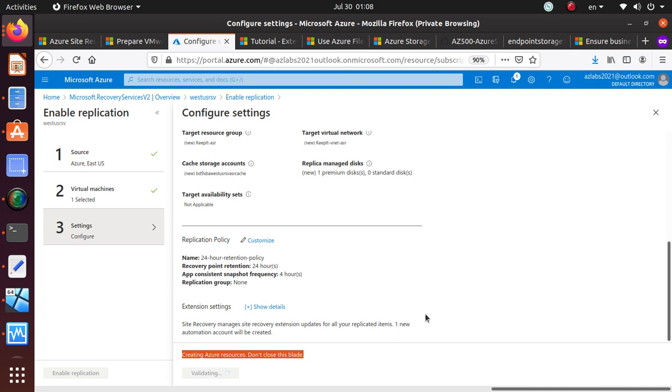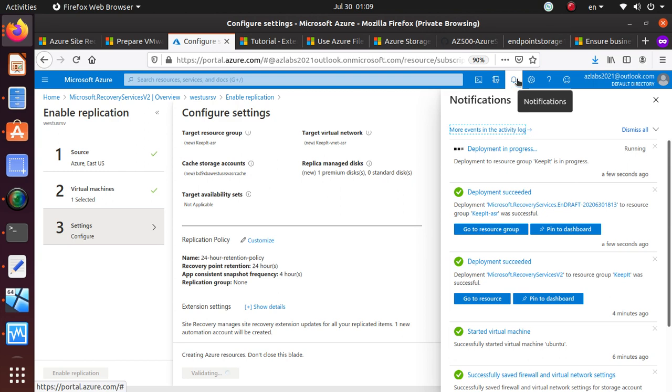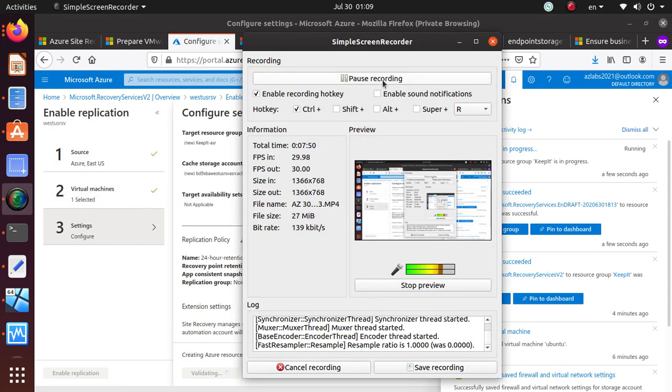Okay, usually for most deployments, once you have started deployment, you can move and do other stuff, but in this particular one it says, hey, don't close this one. So we're just gonna stick to this blade for a little bit longer until this validation and the deployment are completely done. Okay, I'm gonna pause the video for a second and be back as soon as the